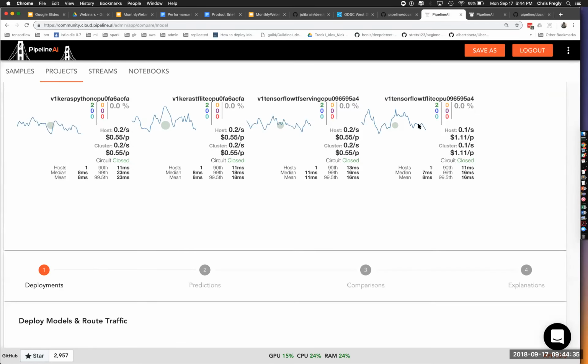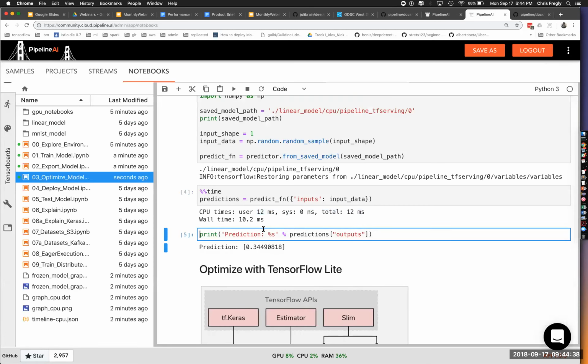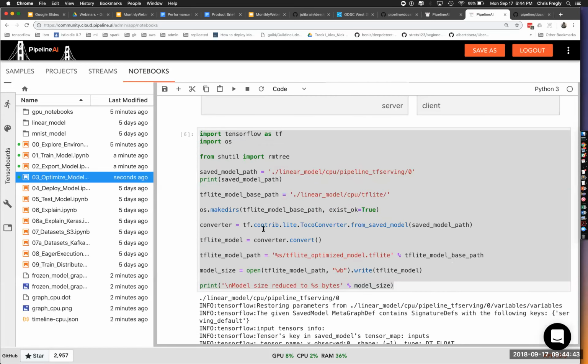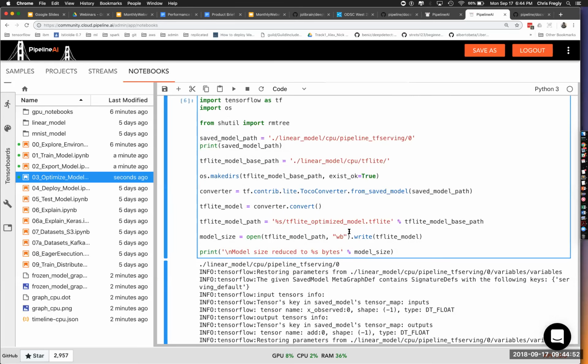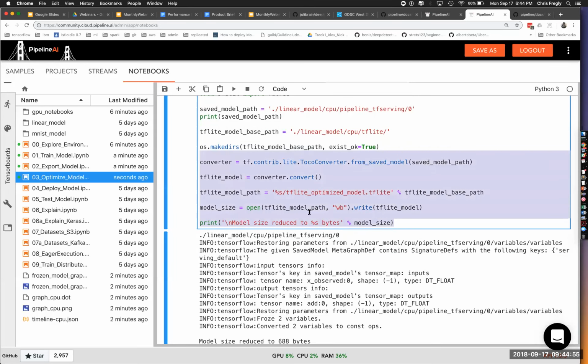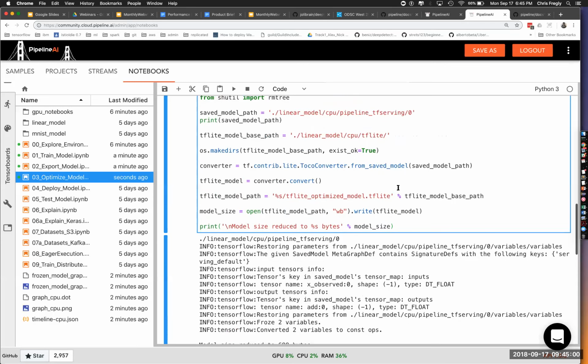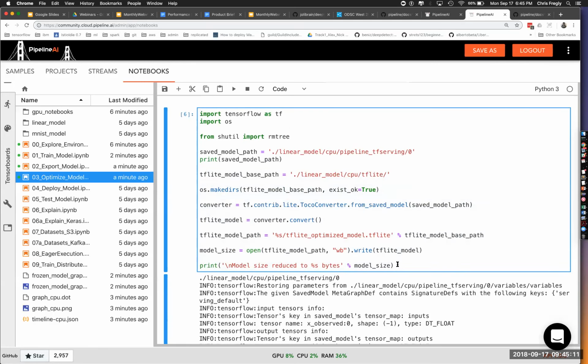But what we want to do is get that lower. So let's employ TensorFlow Lite, which most people think of in terms of mobile development, like iOS or Android development. But we're actually using this in the data center, to see how much performance we can squeeze out of this thing. We'll lose a little bit of our final accuracy, but our model started off pretty darn accurate, 97% or so. Now we're just trying to get the best performance that we can.